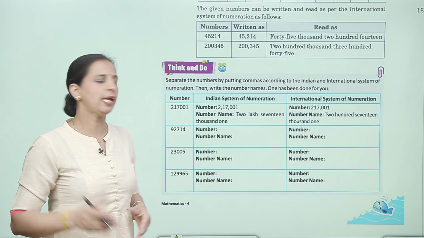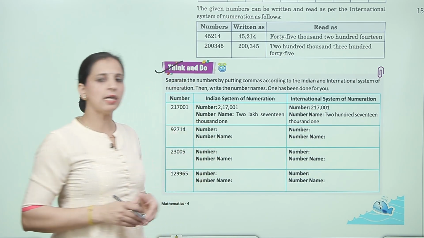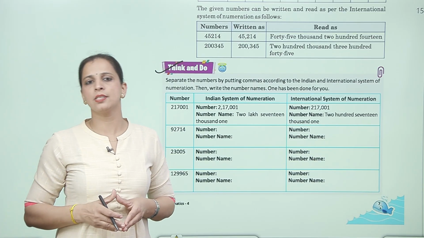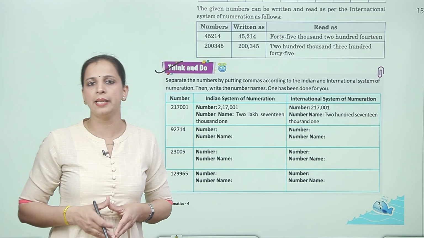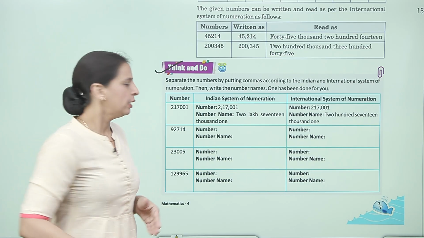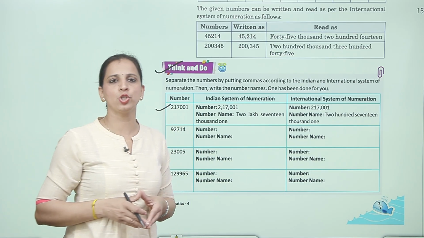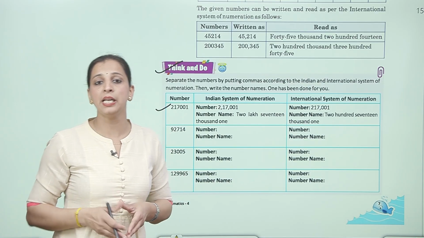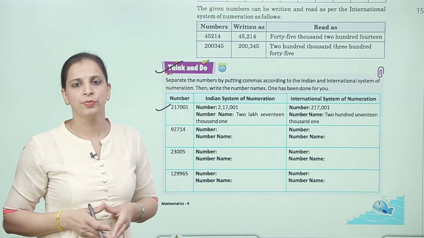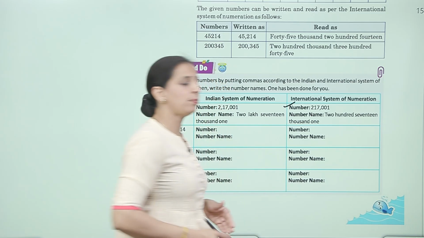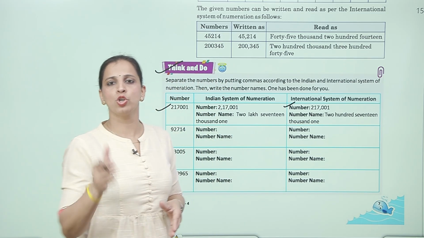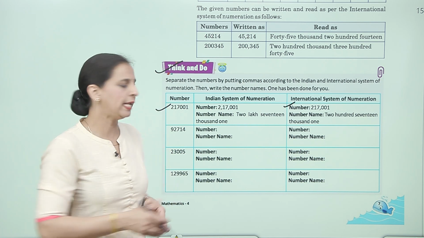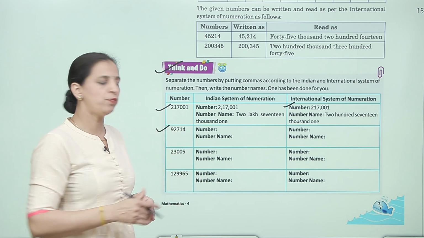Now, next is think and do. Separate the numbers by putting commas according to the Indian and international system of numeration. Then write the number names. One has been done for you. The number is 217001, in Indian system 2,17,001, and the number name is two lakh seventeen thousand one. In international system, 217,001, and the number name is two hundred seventeen thousand one. Next is 92714, that is